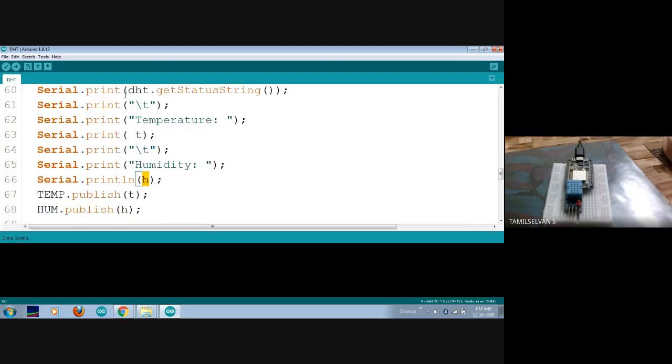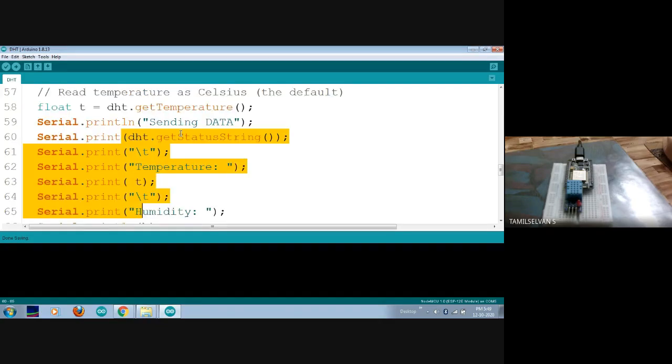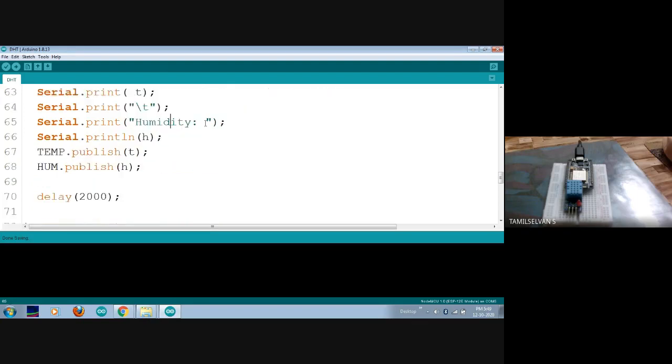See, all these things are just print values. It is not println, so it is not going to be typed on a new line. It is going to be in a single line. So in a single line, the status of my data sending will be updated, whether it says any error or it is updated OK. Likewise, it will display my temperature value and humidity value in my serial monitor. So that's it for your serial monitor purpose. And for updating into the cloud, this is the main line.